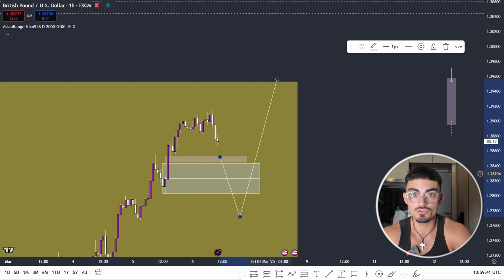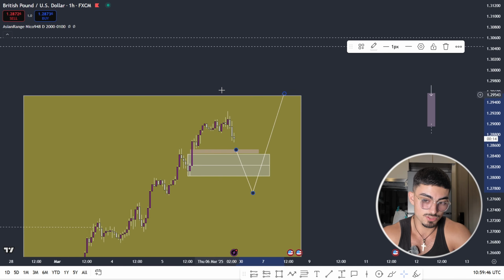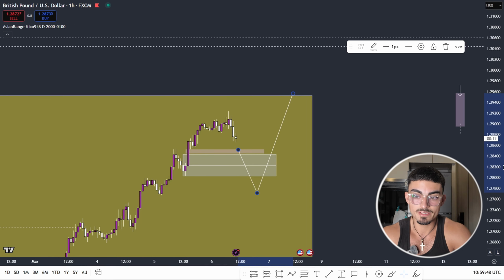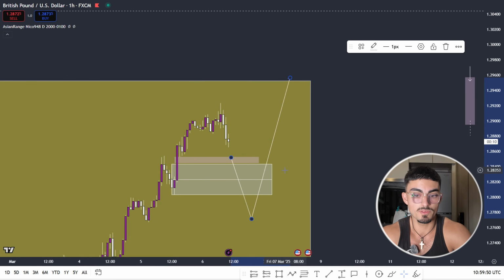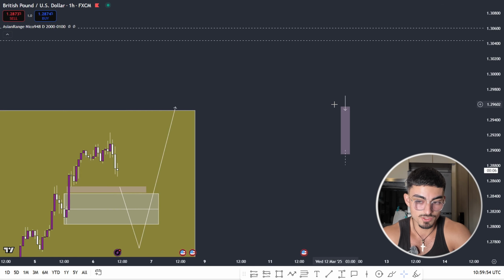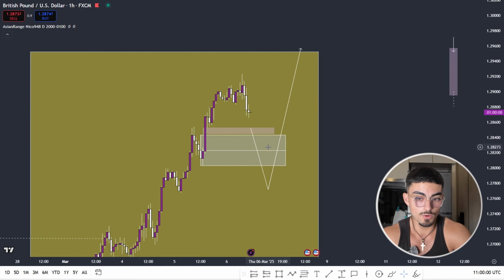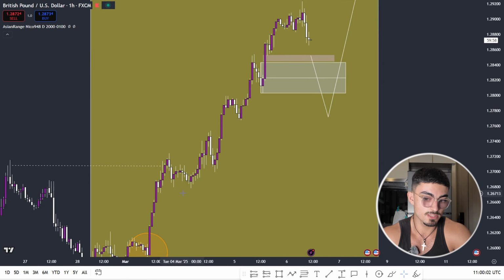And I probably won't be trading for the rest of the week based off the fact that the buyers are exhausted. We've come up so much. And yes, it makes sense to look for buys in terms of the higher time frame analysis, but you need to understand the buyers are exhausted and a pullback might happen. So looking for buys isn't actually that high probability anymore as much as it was on a Monday, Tuesday, or Wednesday.